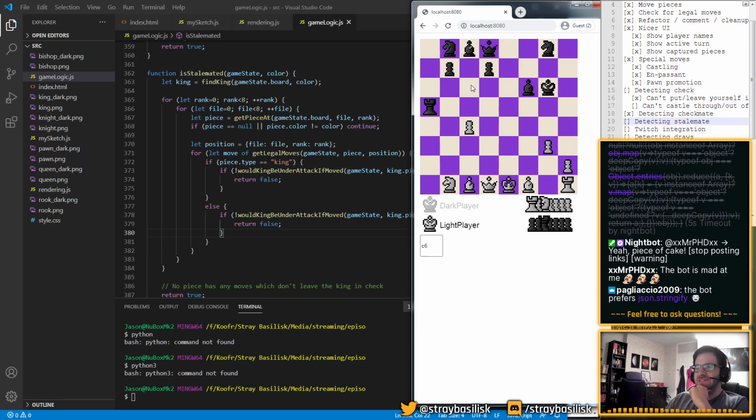I'm so glad we have mouse controls though. Can you imagine me trying to do this without mouse controls? Gotta be careful not to do some weird checkmate.